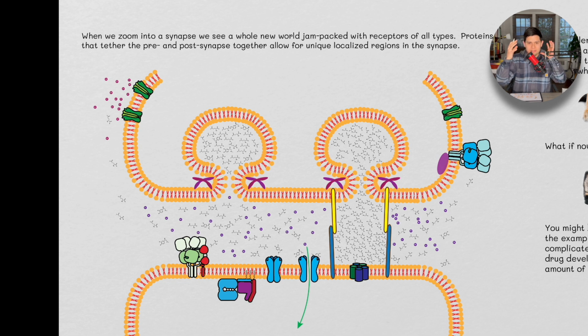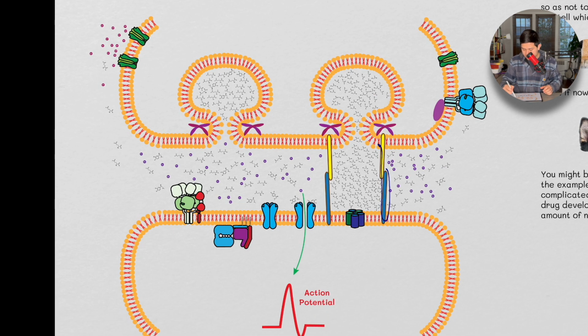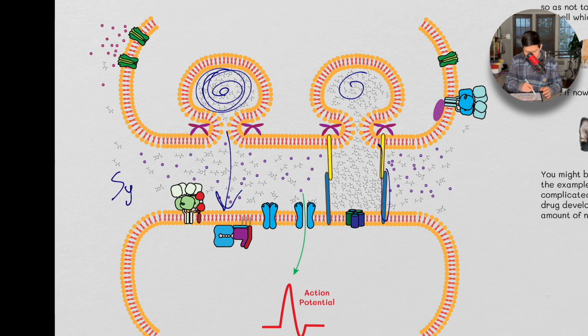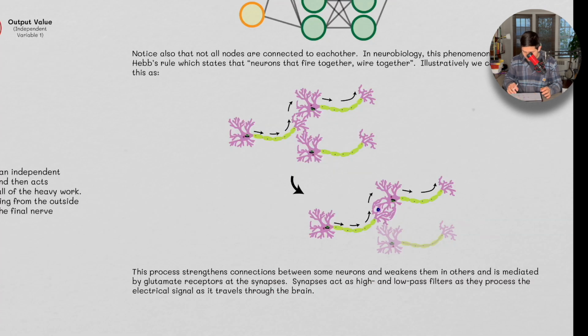But it has billions and billions of neurons, and these neurons are all connected to each other. Now the connections, in some sense, they actually are tethered to each other. There are these proteins called connexins that will tether them. But there's this whole world where neurotransmitters are being released into this thing called the synapse. Right, that's the thing we zoomed in on over here.